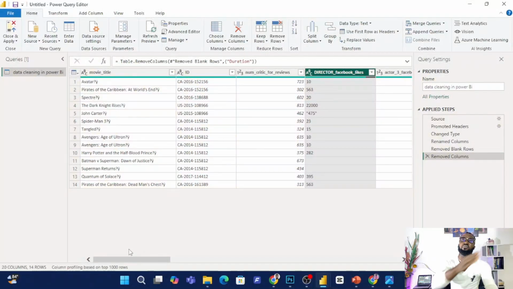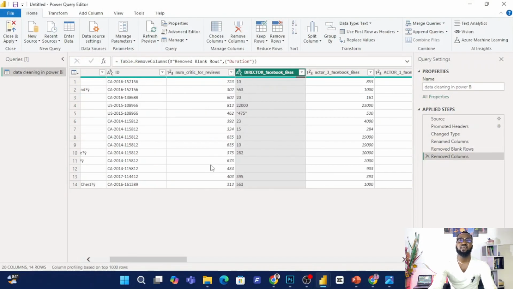So what if I have 200 columns and I want to keep just 4, then remove the other 196? Will I start clicking the 196? No, that will take my time. So I will click the ones I want to keep and then delete the others. For instance, in my case here, I want to keep